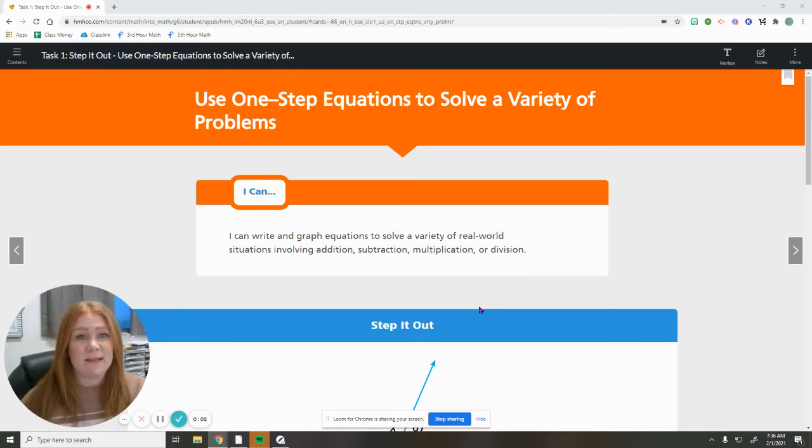We are going to be working on lesson 9.4 today. So we are going to be solving all of the different types of one-step equations. So addition, subtraction, multiplication, and division. So we're going to have to read the problem, decide what operation it was, and then do the inverse to